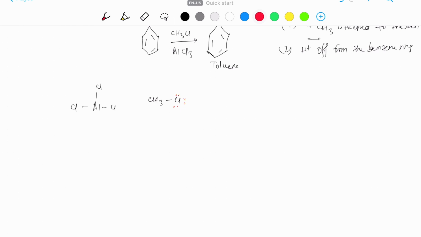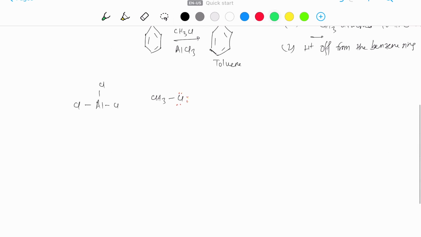Now it can donate electrons, right? Because it has lone pairs of electrons. So let's say this particular chlorine atom will try to donate electrons to this aluminum. Then it will form a complex that will look like